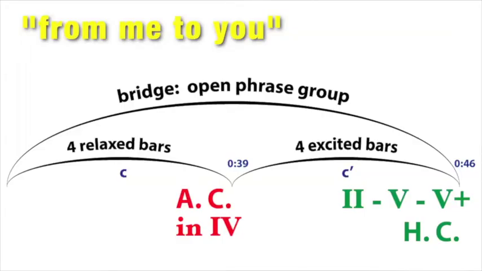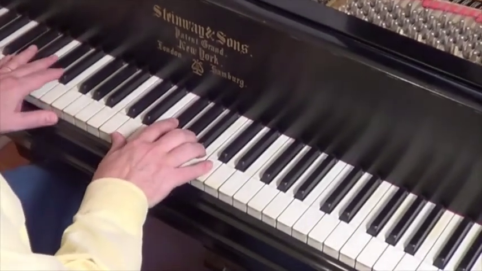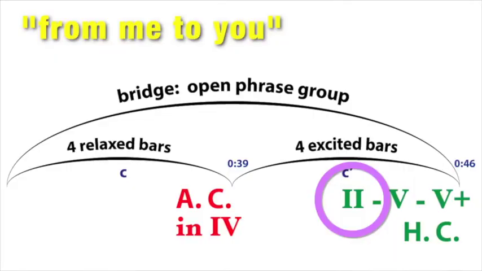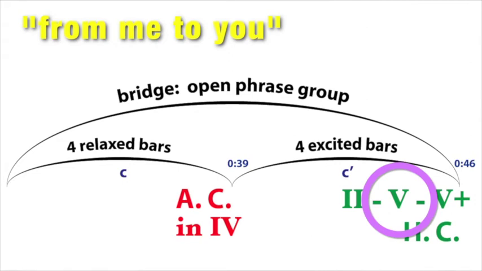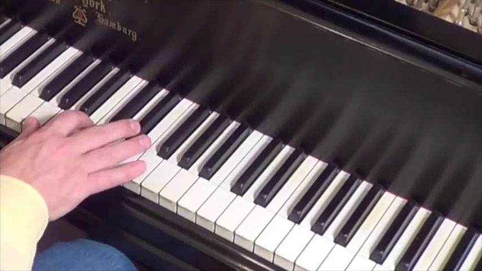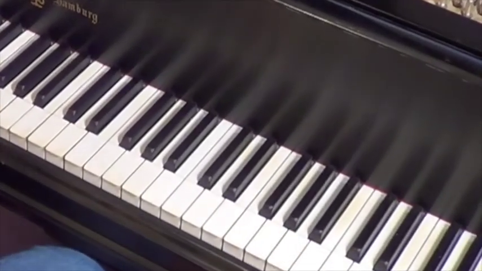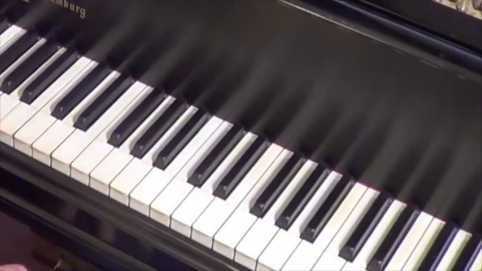Here's a bubble chart for the bridge of From Me to You, which droops down to the subdominant key, and then intensifies to enter the key of the dominant, and then ratchets up further to pass through a hyper-retransitional dominant augmented chord. And that's the vehicle for John and Paul's harmonized falsetto woos, which would send shivers through a screaming audience.